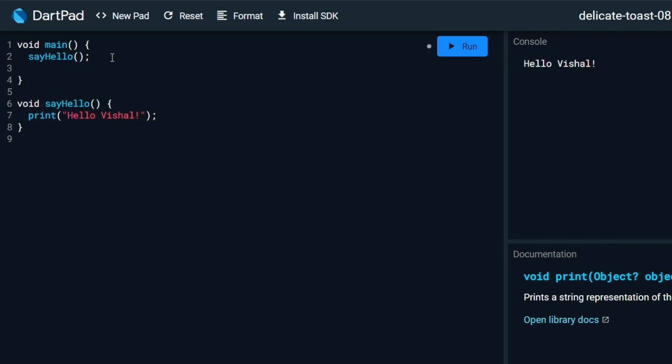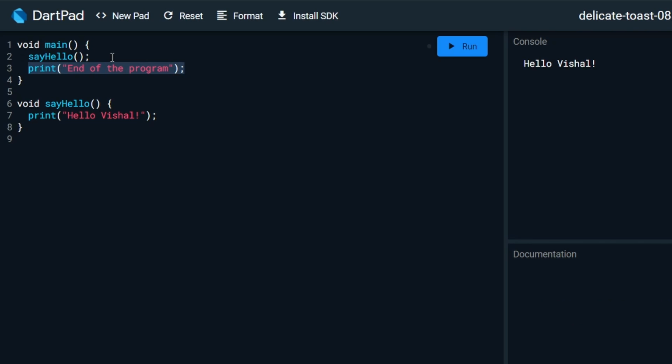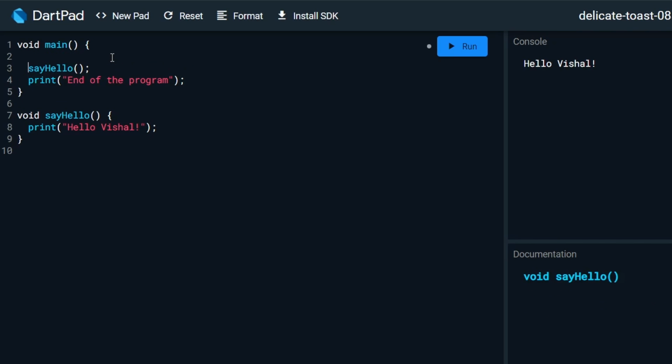So let's write one more statement over here, that is print end of the program. And I will copy the same thing and paste it above the sayHello call, and I would write start of the program.